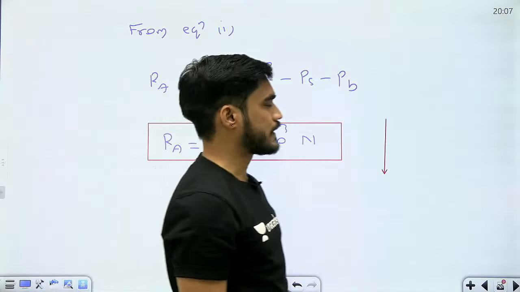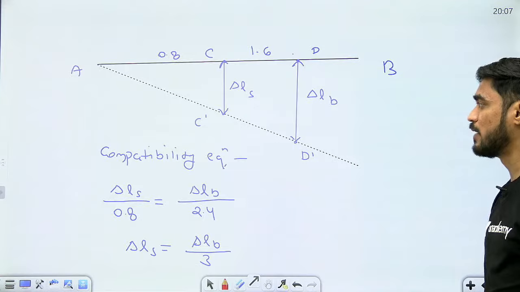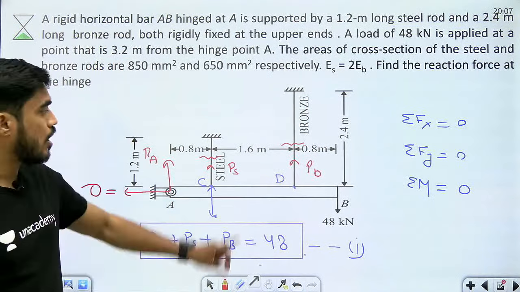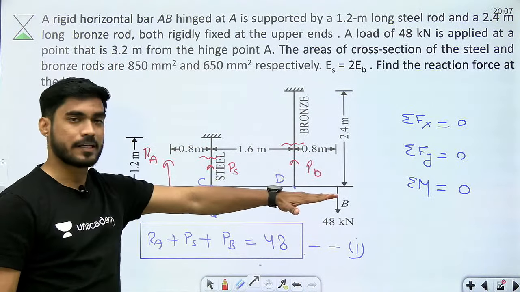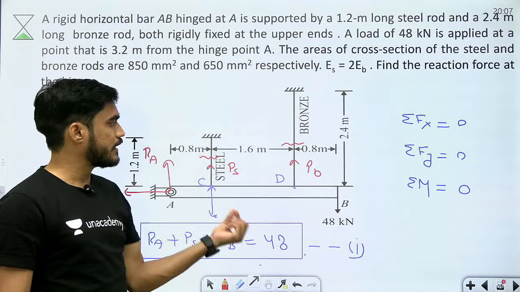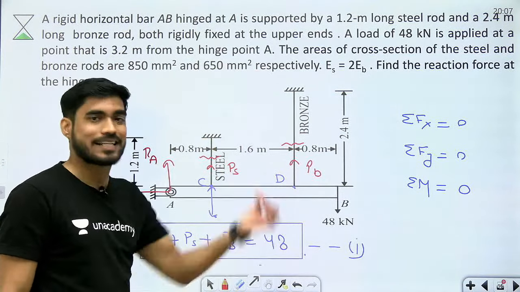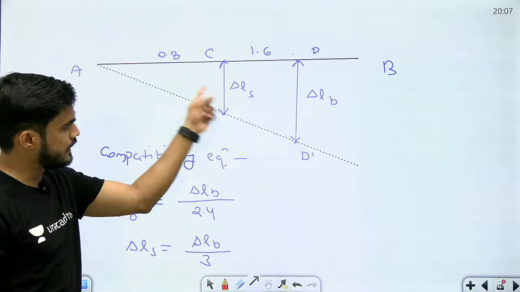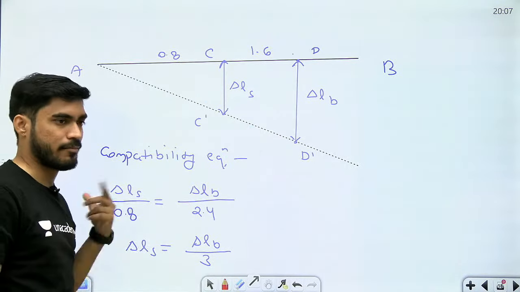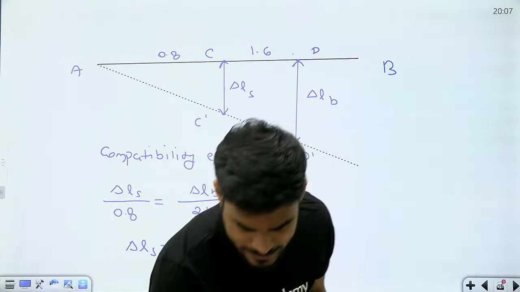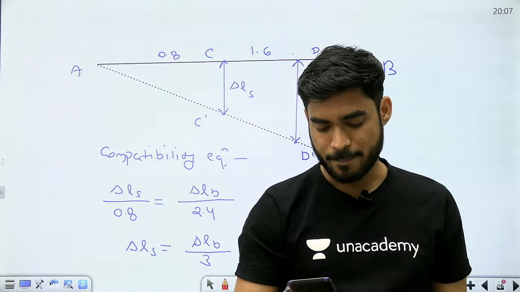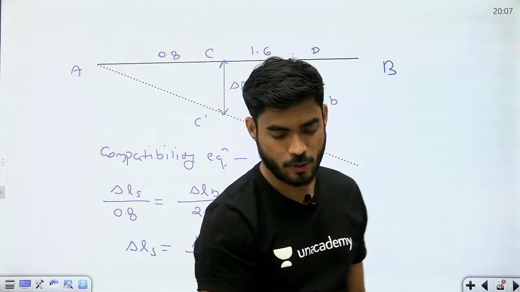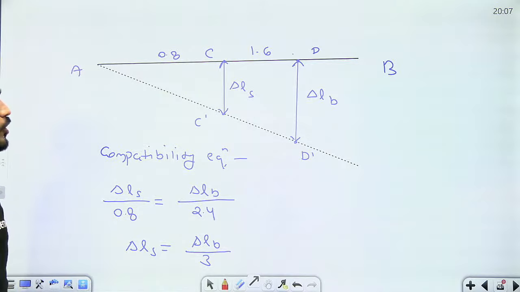So बेटा, this is how we can solve this type of problems, and you will see this type of problems in GATE. There are two questions of this type in GATE where there is a rigid beam hinged at one point and it is connected to two wires or two bars or two rods, and in order to get the compatibility equation we draw this diagram. So we will get the compatibility equation by similar triangle. ठीक है, इस टाइप के प्रॉब्लम आपको गेट में भी देखने को मिलेंगे. ठीक है, चलो. सो बेटा लेट्स मूव ऑन टू द नेक्स्ट टॉपिक.